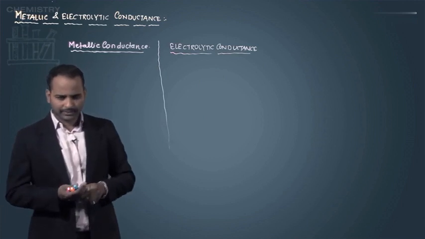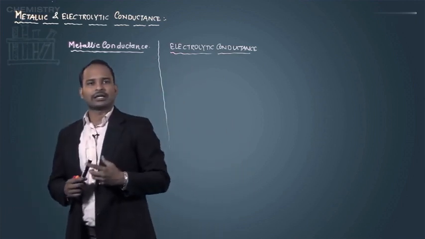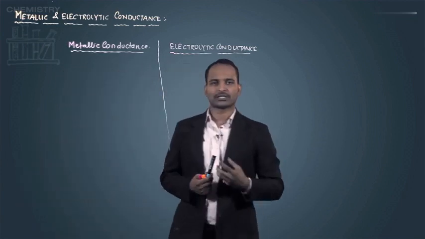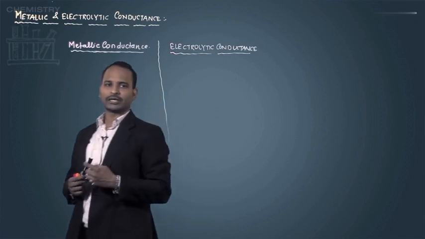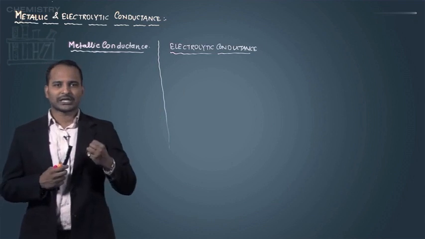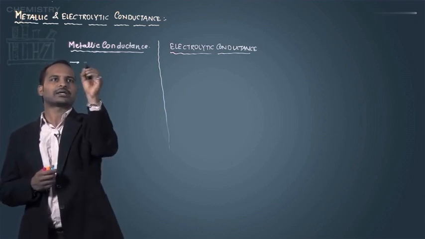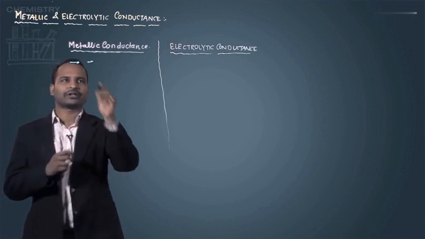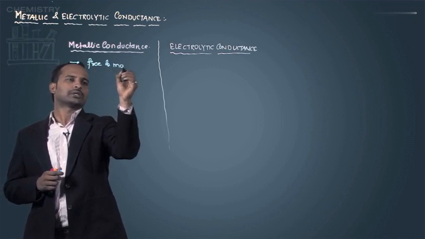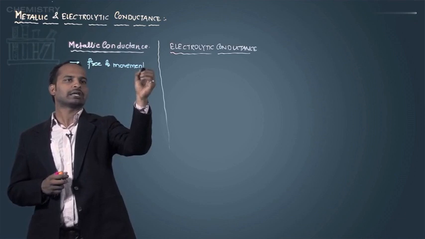Metallic conductance. From lower standards we are studying that for conducting electricity or heat, the requirement is free charges. Free charges are required for conducting electricity. So in case of metallic conductance, the charges which conduct electricity are nothing but the electrons. Here the electricity is conducted by the free movement of electrons, so the electron is responsible for conducting electricity,